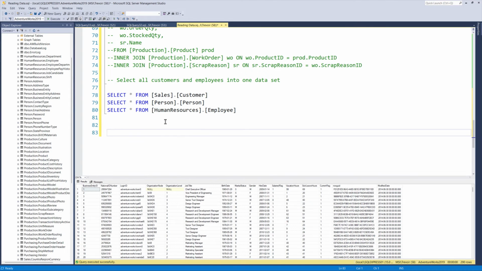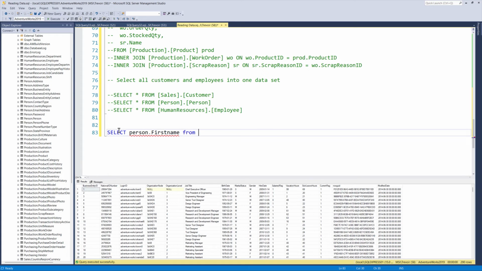So let's get to it. These are the individual select queries. I don't necessarily need these going forward, but I am going to reuse some of the join techniques. So what do I want? I want, let's say, just the first name. So I'm going to say I want person dot first name,